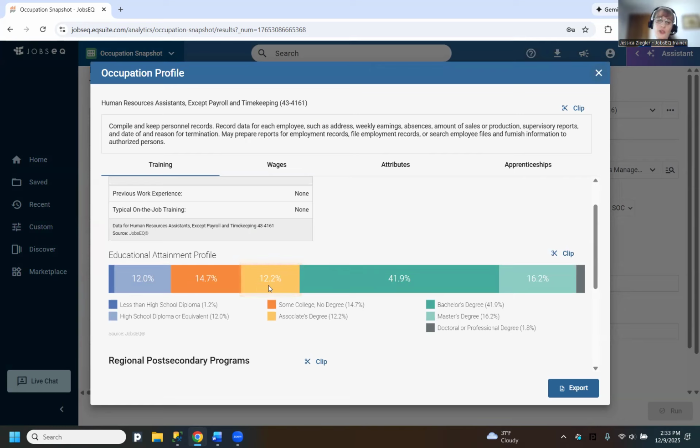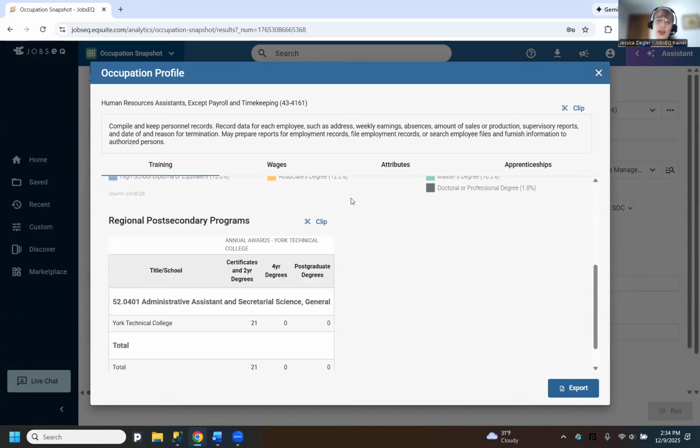So it looks like 12.2% of the human resource assistants within your service region have an associate's degree. But there's also 41.9% of those human resource assistants who have a bachelor's degree. And also there are some that have higher than that. There are also some people working as human resource assistants that have just some college, no degree, which would be that certificate level or lower as well. So you can see some different education levels for people who work in this occupation,